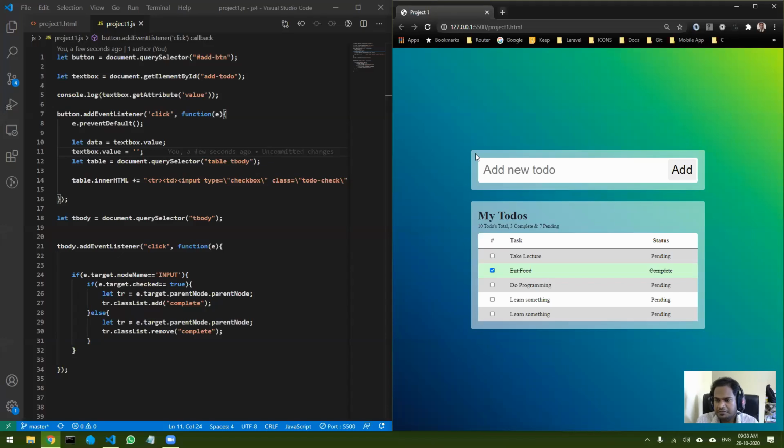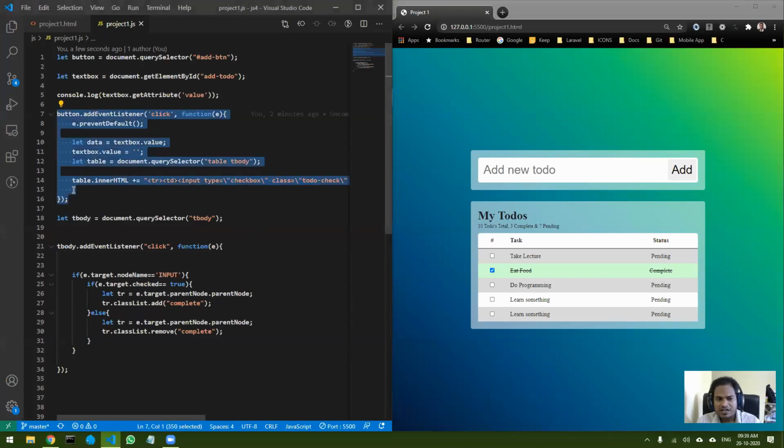Yeah, perfect, that is exactly correct, Alia, right? So there are multiple ways of handling this. One of the ways is, as Alia said, in this particular event listener, this is where the new row is added. So I can do one thing.